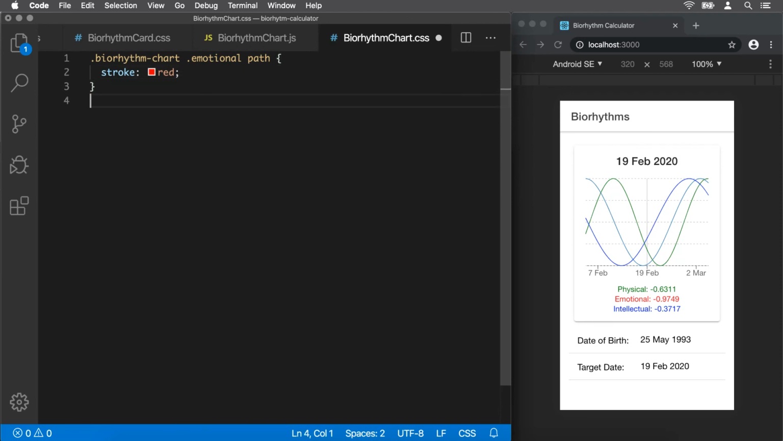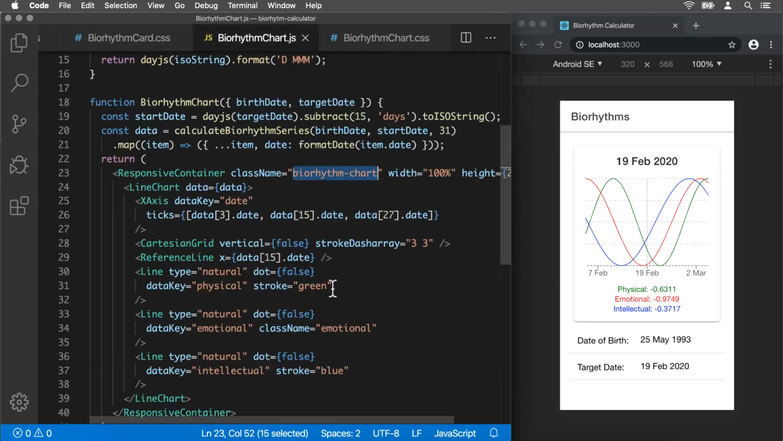Now, before I save, notice how in the chart at the moment there is no red line. Since we removed the stroke attribute from the component code, Recharts is just using the default color for the line, which seems to be light blue. If I save now, you can immediately see the line becoming red again. Okay, so the style is working, and we could repeat the same process for the other two lines as well,